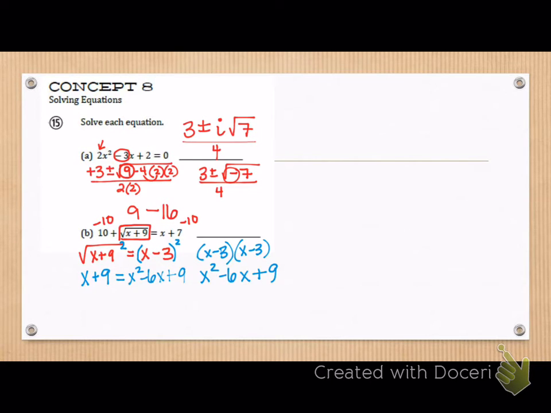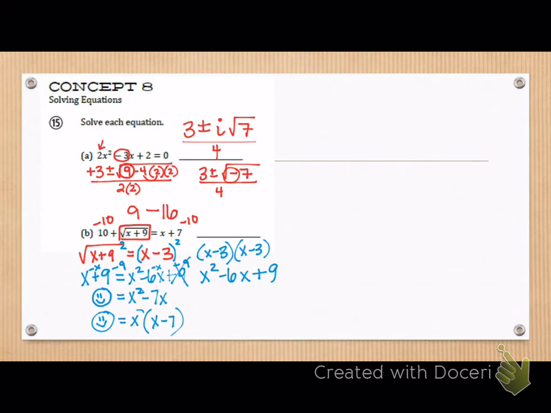Okay, so now I kind of have a problem similar to number 1 that I need to get everything onto one side. So I'm going to set it equal to happy little 0. And I'm going to move my x over, which gives me x squared minus 7x. And then I'm also going to move my 9 over, which actually goes away. Ooh, this problem is looking better and better. So at this point, since I have it equal to 0, I can go ahead and factor out a common factor,